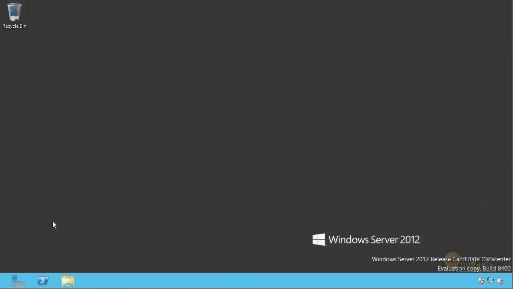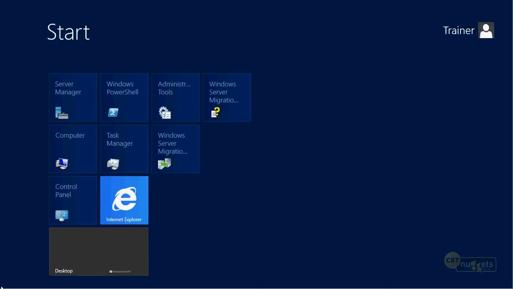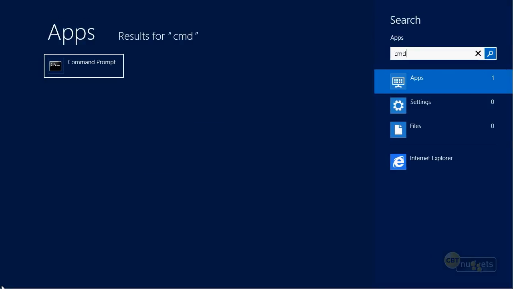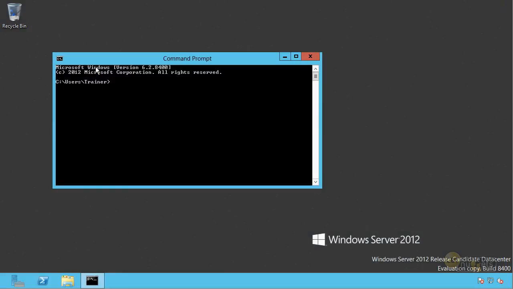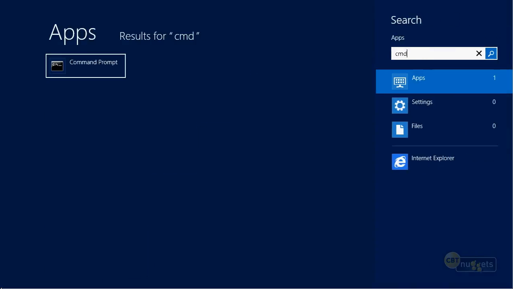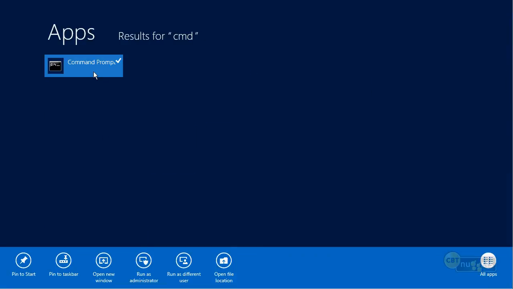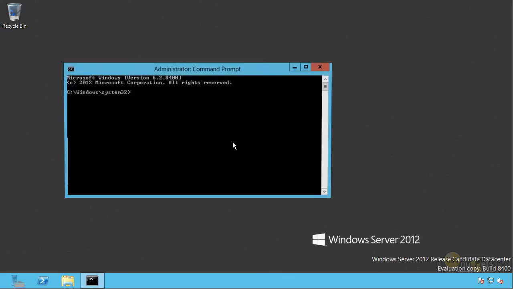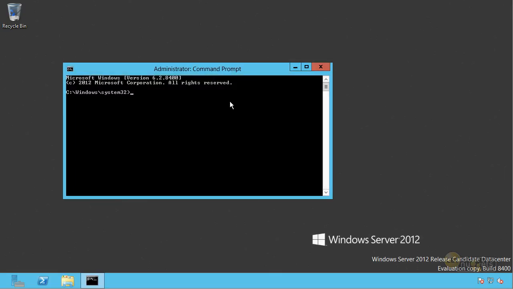Now, the next thing we would need to do is to actually go to a command prompt. So I'm going to go to the Start charm here, and I'm just going to start typing CMD. Notice that when I do that, it automatically takes me to a search window, and then I can just click command prompt. Now, that's not what I need to really do here, though, and let me show you why. It needs to be an administrative command prompt. How do I do that then? Well, I'll click on Start, CMD. Now I right-click command prompt, and look at this. Now I can choose Run as administrator. And once I've done that, it will allow me to open this up as an administrator command prompt.